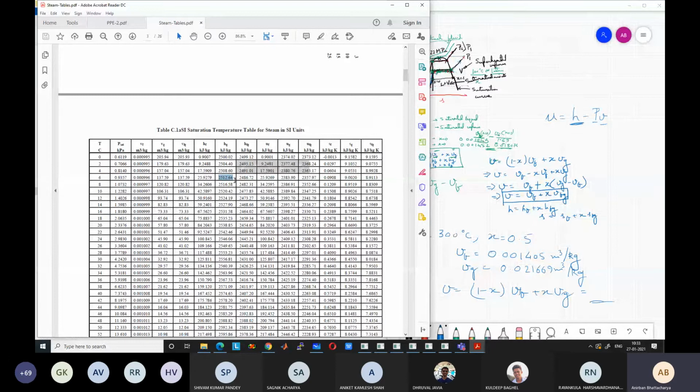So say this table has a reference of minus 40 degrees centigrade for the zero values, and another table has 0 degrees centigrade as the reference point. Then at 0 degrees centigrade, the values will be different for different tables. Similarly, at 100 degrees centigrade, the values will be different for different tables. But the difference in values between 100 degrees centigrade and 0 degrees centigrade will always be the same.